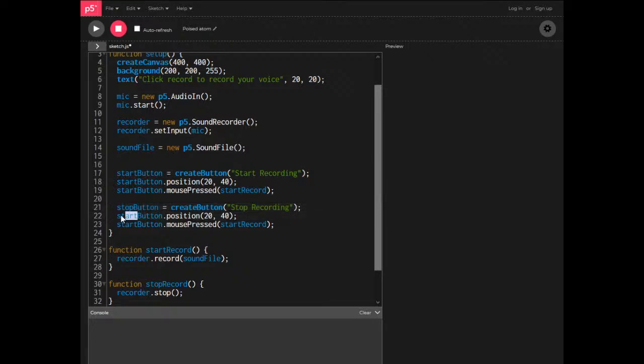If I were even lazier, I could probably do a find replace option. Stop. And change that to stop. What else should I change? I should probably also